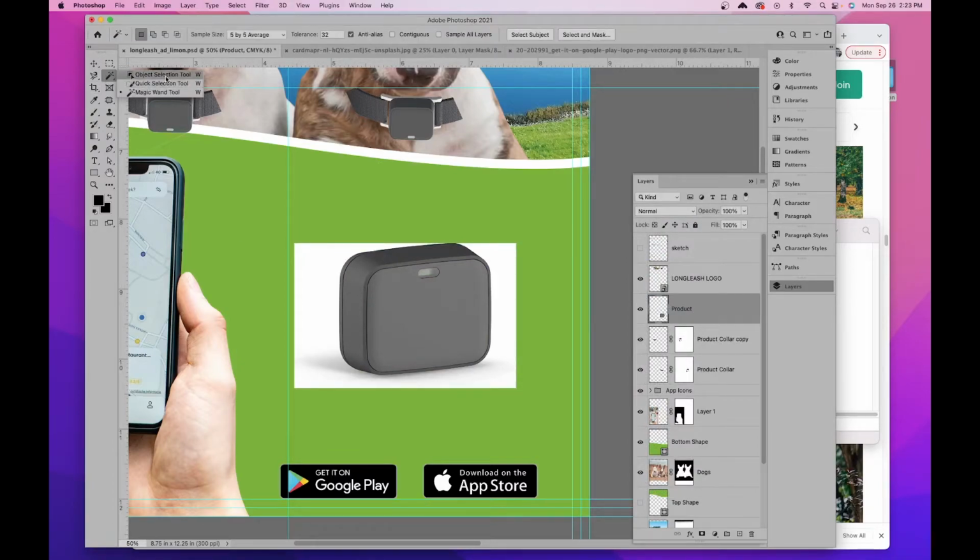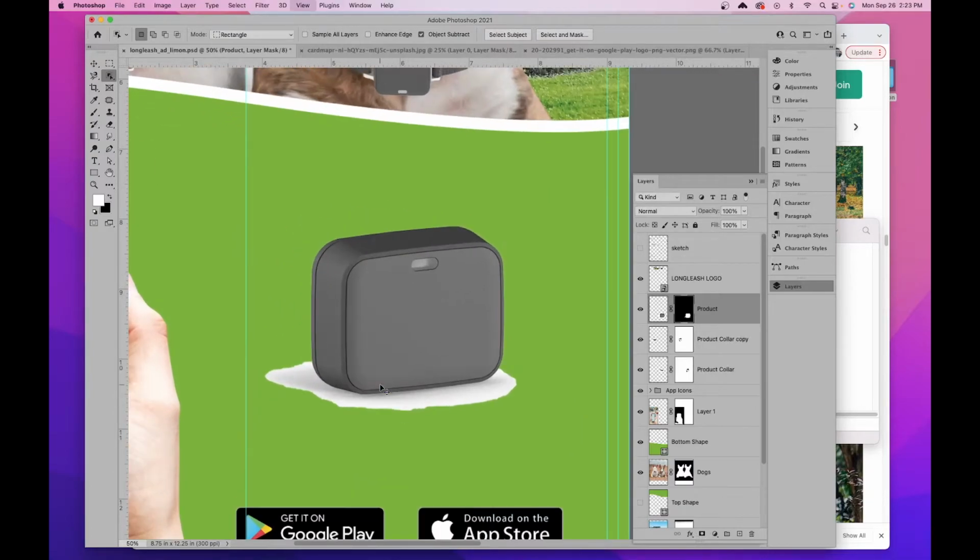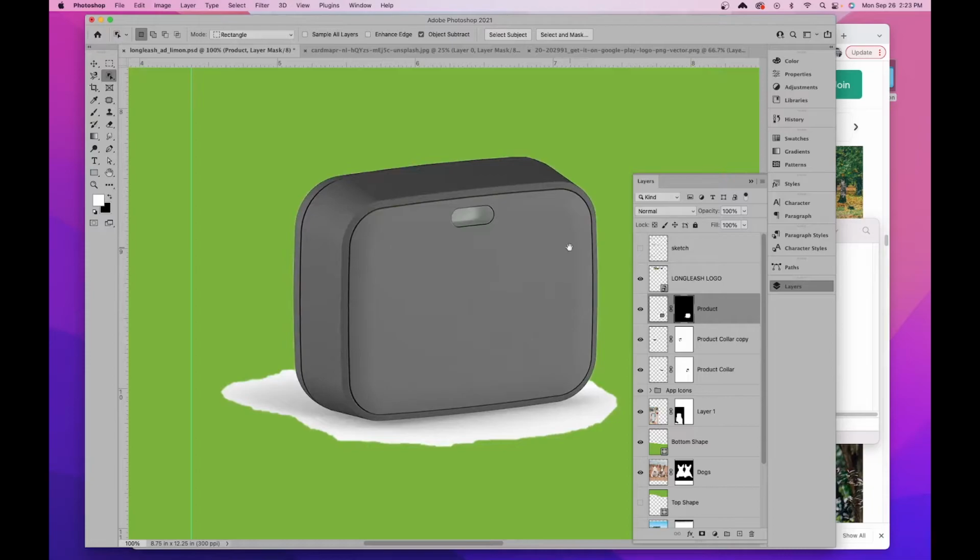This seems like a good time to try out the object selection tool. I'm going to click on that one and drag around this, and let's see if it does a pretty good job. Okay, let's go ahead and make a mask out of it. And so it selected it pretty good, however it left that shadow. So I'm going to go in and with my brush, I could load it up with black, and I could mask this off manually, or I could use my pen tool,